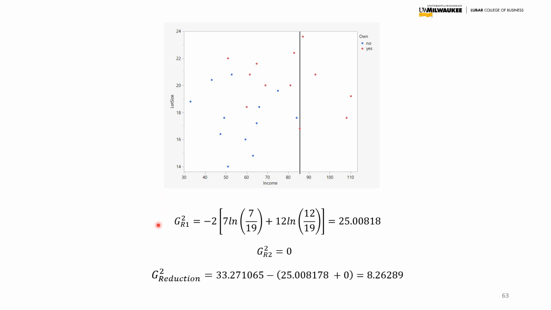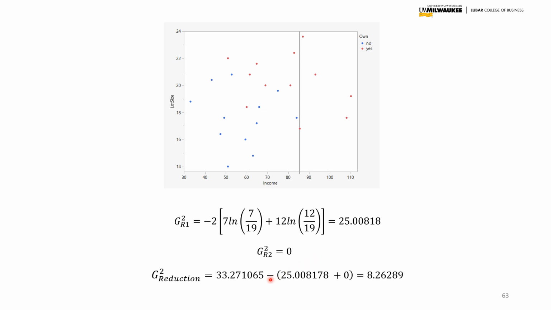G squared for this region would be minus 2 times parentheses 7 times the natural log of 7 out of 19 plus 12 times the natural log of 12 out of 19, giving us a G squared value of 25.00818. The right region are all yes, all red, meaning there are no impurities, implying a G squared value of